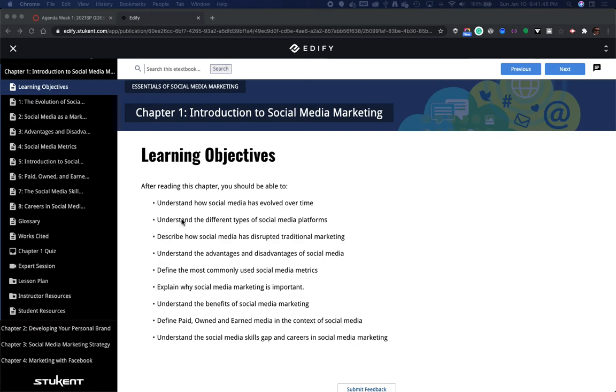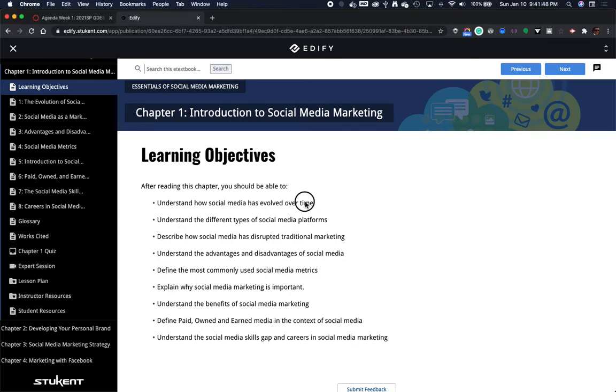So the learning objectives for this chapter are to understand how social media has changed over time, understand different platforms, describe how social media has changed or disrupted traditional marketing, learn the advantages and disadvantages of social media, define the commonly used social media metrics, explain why social media marketing is important, understand the benefits of social media marketing, define paid, owned, and earned media in the context of social media, and understand social media skills gaps and careers in social media marketing.